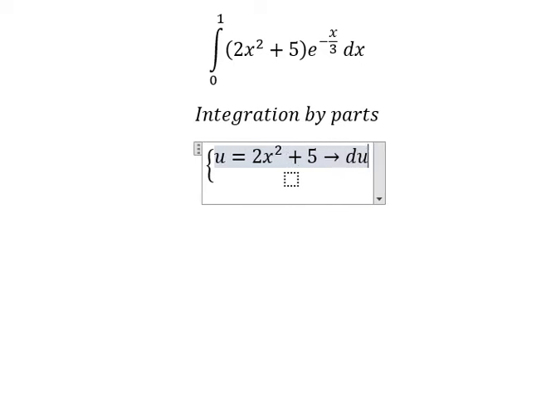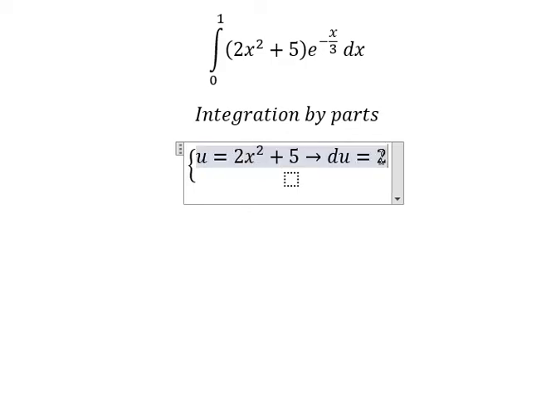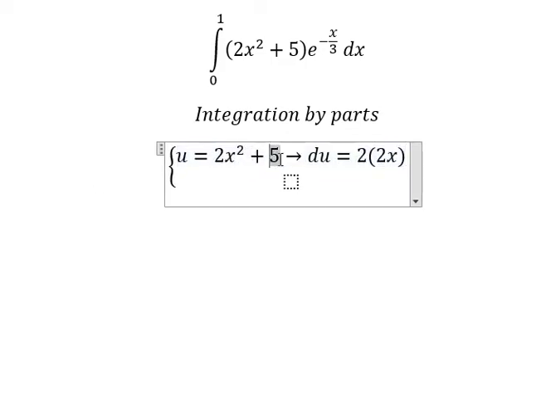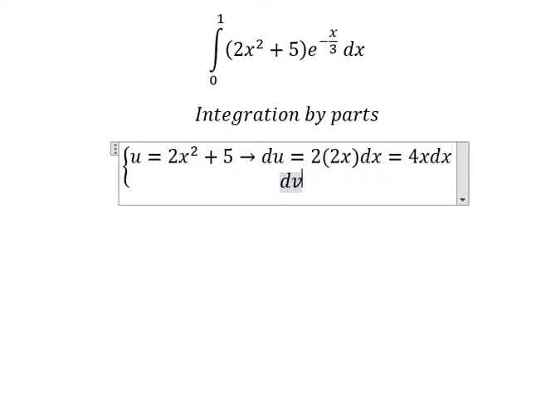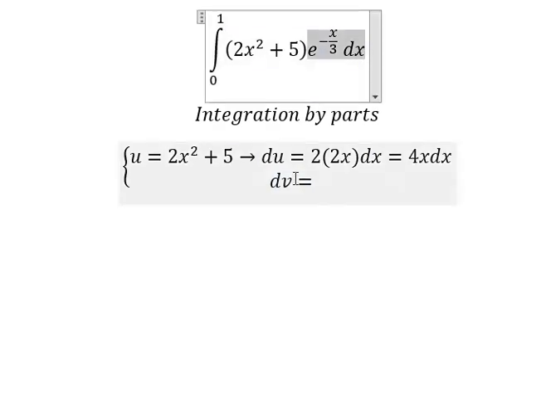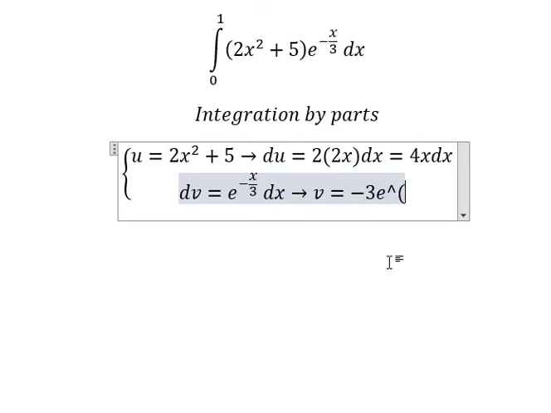Later, we take the first derivative of both sides. The first derivative of x squared, we have 2x. This one is the constant, so you get 0. So we have for s dx, dv is this one. The integration of this one, we have v equals negative 3 e to the power of negative s